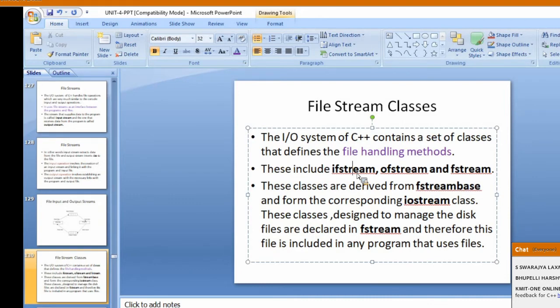Using these classes in our program, we include the header file called fstream. These classes are derived from the fstream class.